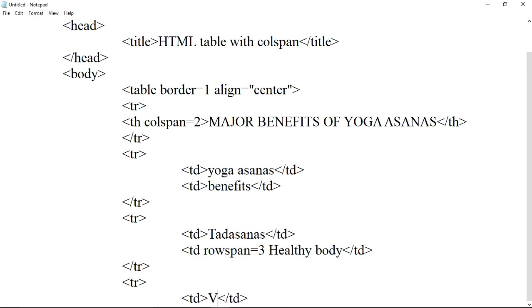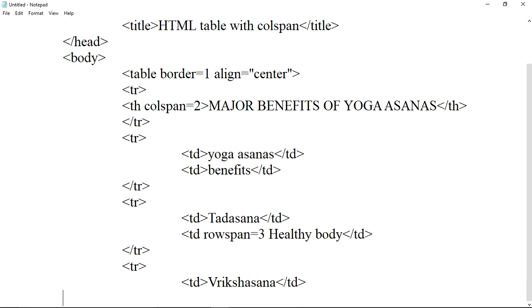Vriksasan. Fixation, and now we'll end tr tag